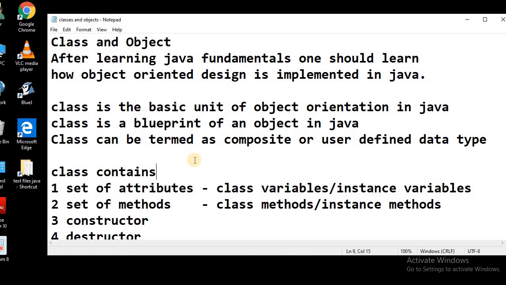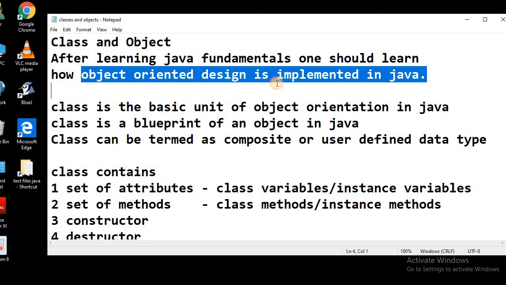Fundamentals like tokens, keywords, flow controls, looping, conditional statements, arrays, etc. In our previous lectures, we have covered all these topics. So if you want to learn about these topics, you can watch the previous lessons. From today's lesson, we will begin with the object-oriented design of Java, and we learn how to